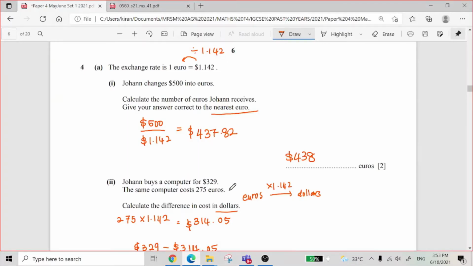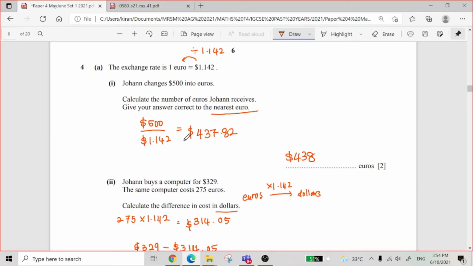Okay, question number 4. The exchange rate is €1 equal to $1.142. Johan changes $500 into euros. Calculate the number of euros Johan received. Give your answer correct to the nearest euro. To exchange dollars to euros, we have to divide by 1.142, since €1 is equal to $1.142. So we take $500 and divide by 1.142, and we get